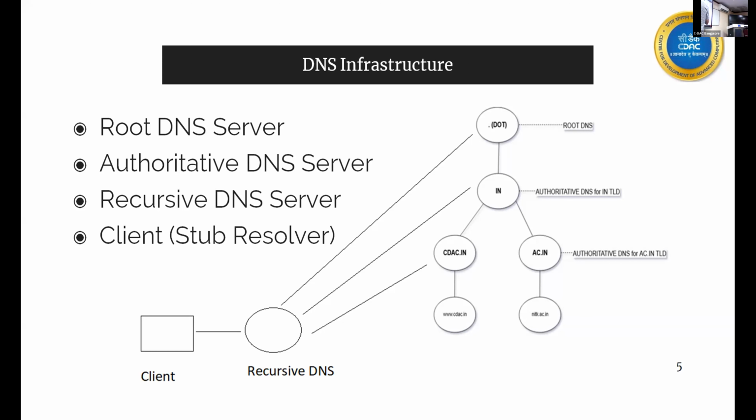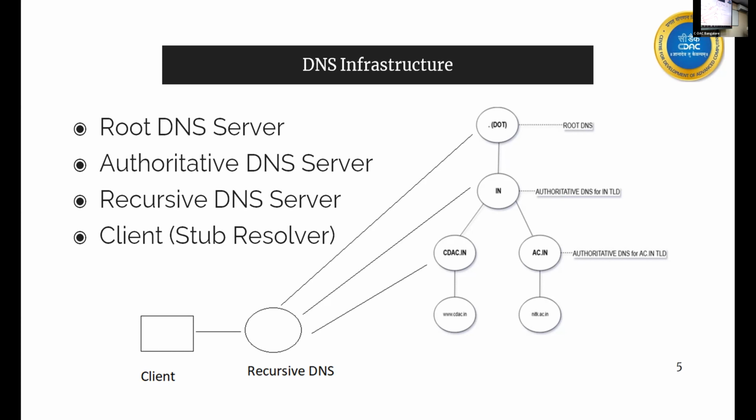Now, again, the .in TLD will say that I really don't know the IP address of www.cdat.in, but I can tell you, you can go and ask one DNS called cdat.in, because I know cdat.in. So it will give a reply back to the recursive DNS server saying that please go and ask cdat.in, and this is the IP address for cdat.in's DNS server. Again, the recursive server will send a query to the cdat.in DNS server asking the IP address for www.cdat.in, and in turn, finally, this DNS server will have the IP address for www.cdat.in and will provide it to the recursive DNS server.